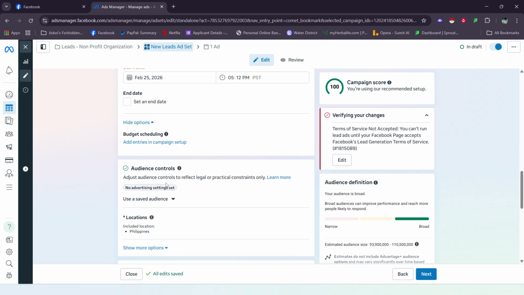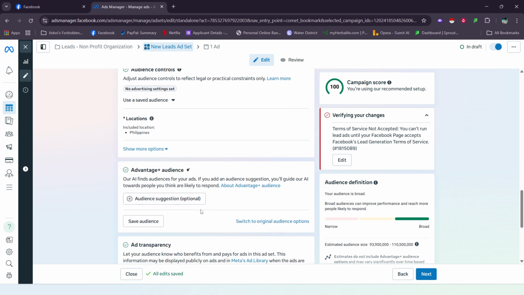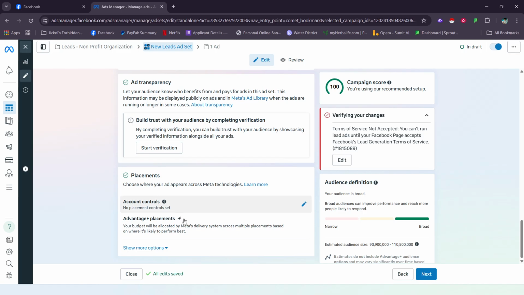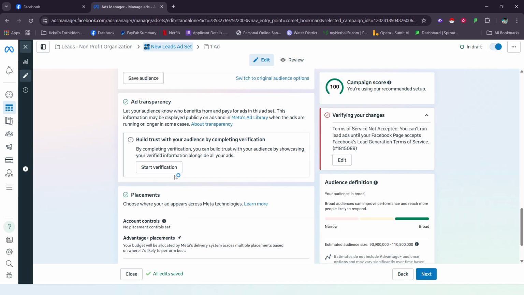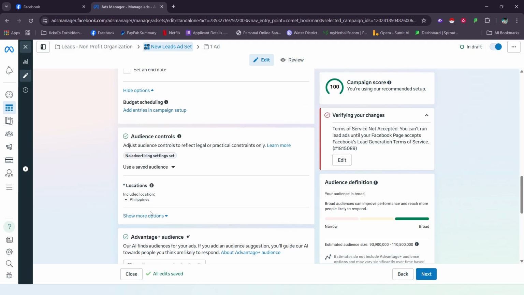Now set your budget and schedule. You can pick a daily budget for consistent pacing or a lifetime budget if you prefer to control spend over a fixed date range. A modest starting budget is perfectly fine. You can scale once you see steady results. Also, set a schedule that aligns with when your audience is most active and double-check the time zone in your